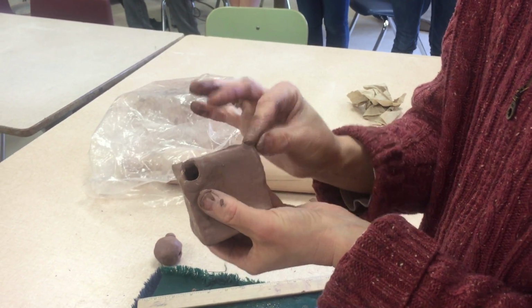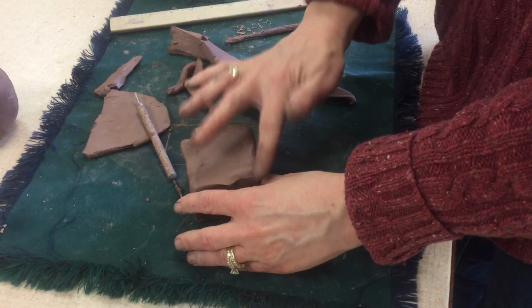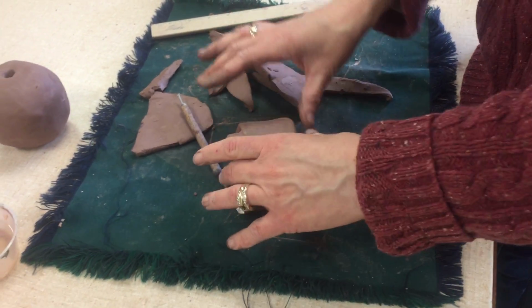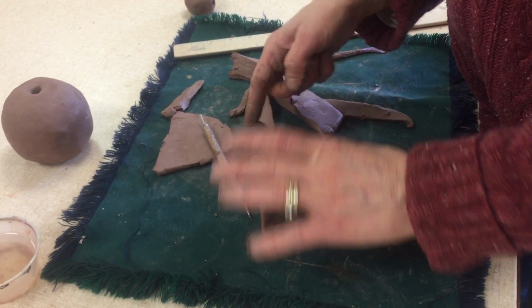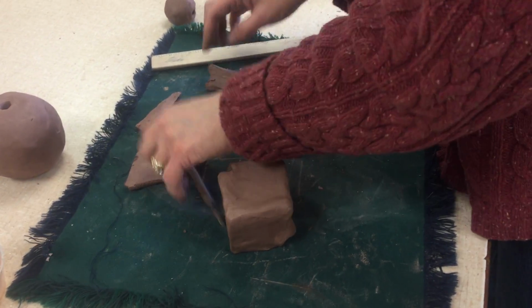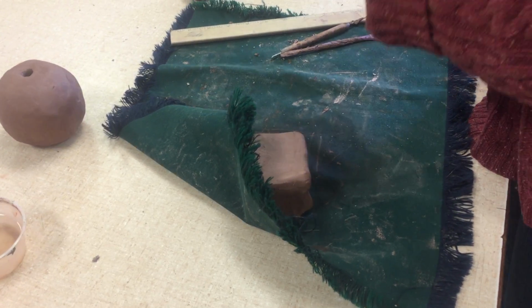Okay, it's pretty ready to let sit and then put my design on it eventually. Right now it's pretty soft, so I'm going to let it sit in a plastic bag. I wouldn't wrap it up in a wet paper towel because I want it to solidify just a little bit. Okay. The next thing I would do is take all my scrap, put it in the scrap bucket, put my tools away, wipe off my table,